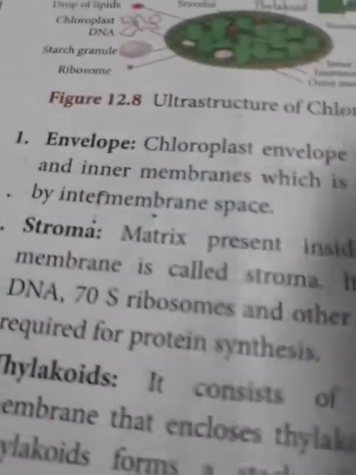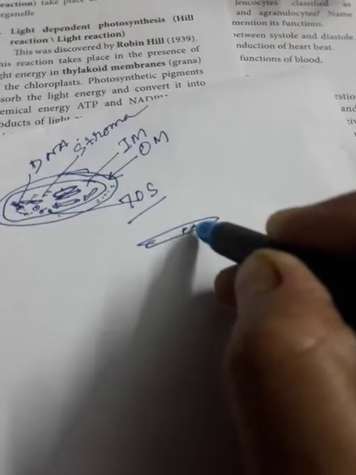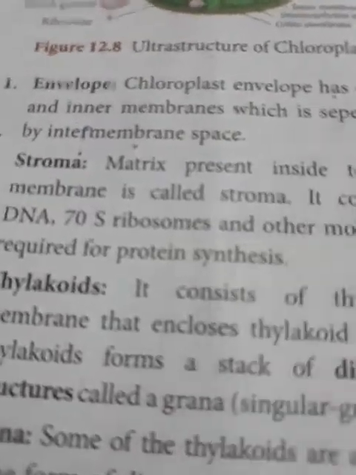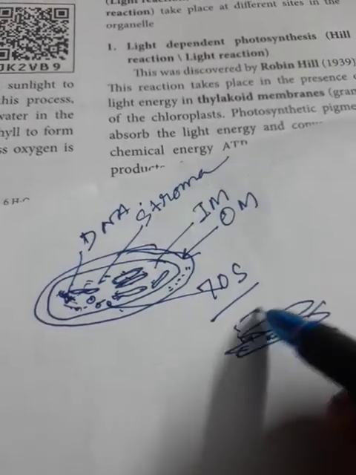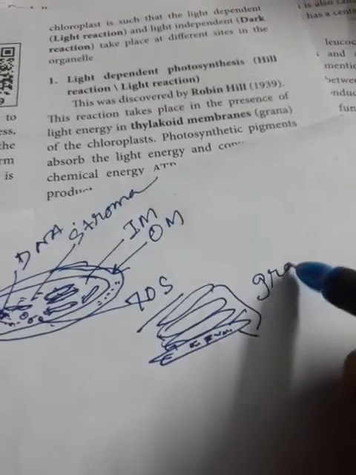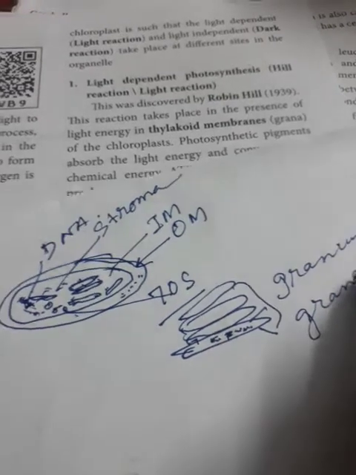So it consists of thylakoid membrane that encloses the thylakoid lumen. That means here I have drawn. When I separate, I will show here like this. This is the thylakoid. This lumen is present. Lumen means nothing but a cavity or gap, and it is having the membrane, thylakoid membrane that encloses the thylakoid lumen. So many thylakoids will be present one after another, just like a stack, S-T-A-C-K, stack of thylakoid, which is called the grana. Granum is the singular form and plural form is grana.